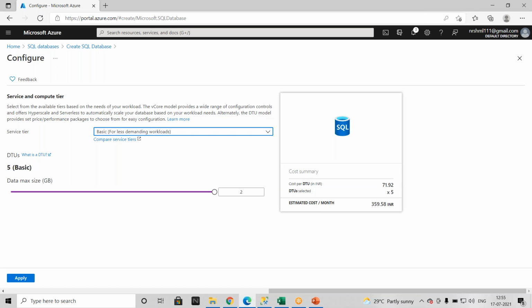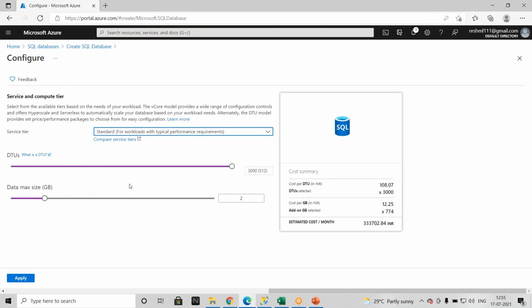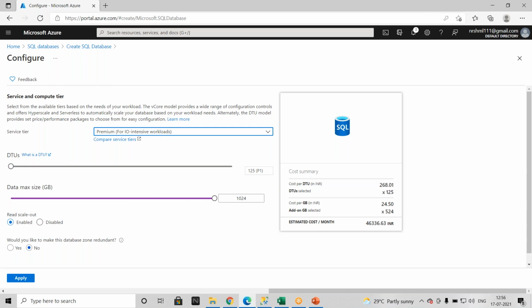That is the minimum value. When you go for standard, maximum you can go up to 3000 DTUs and your database size can be up to 1 terabyte, where Microsoft is going to charge 3,33,702 rupees in Indian currency.